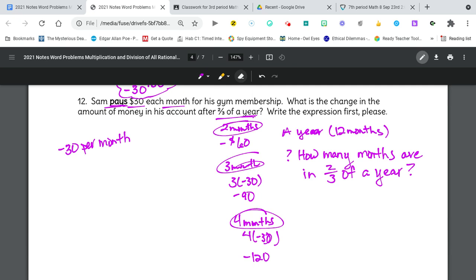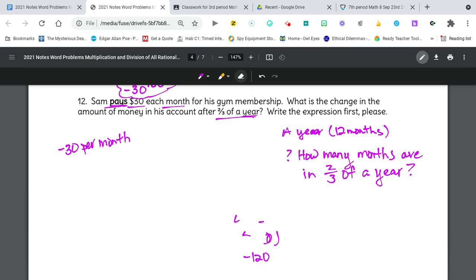That's the question. So I'm going to do something. This is drastic, guys. I'm going to list the months. And I'm going to split them into thirds. And I'm going to pick 2 groups of them. And you're going to tell me how many months are in 2/3 of a year. And then we're going to talk about mathematically how do we find that, okay? So first of all, we have